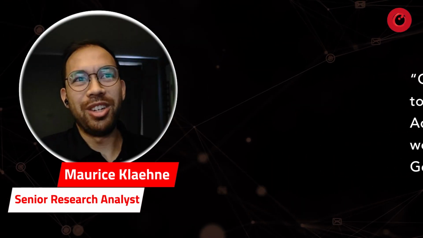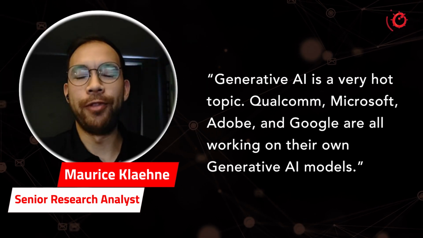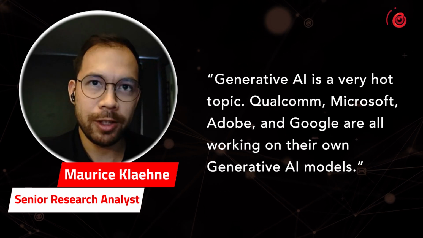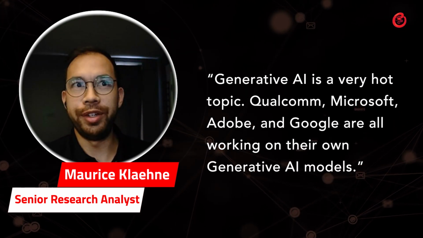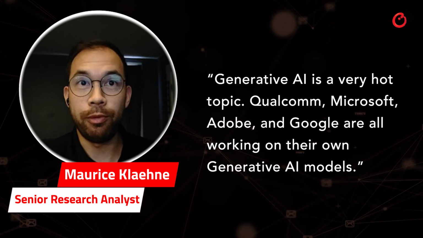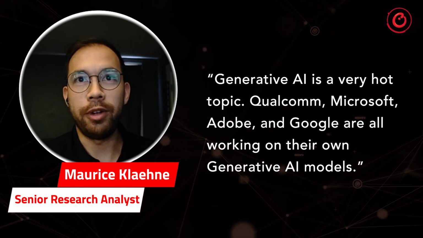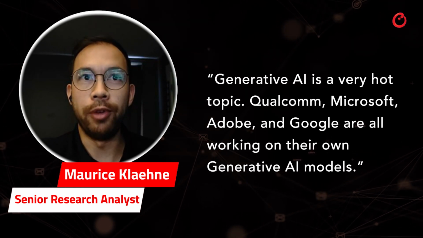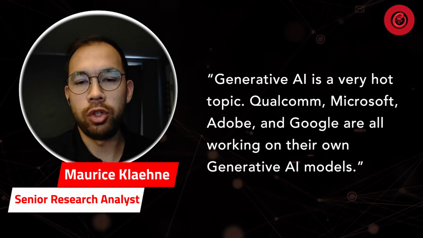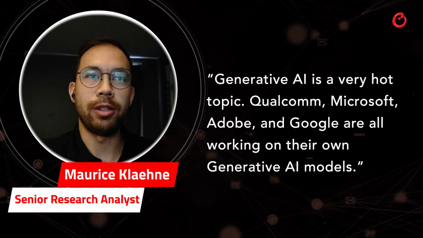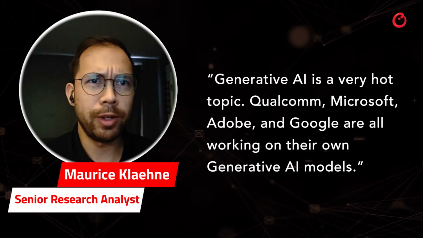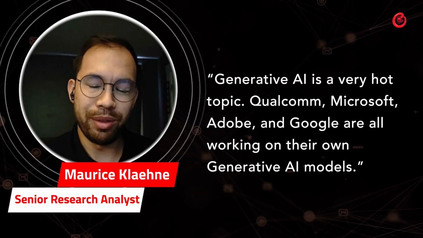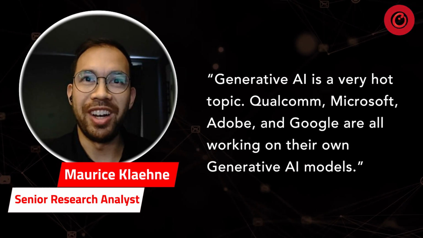Perfect. So let's get right into it. Generative AI has been a very hot topic over the last few months. At MWC, or Mobile World Congress, Qualcomm, for example, showcased an on-device generative AI solution called Stable Fusion that can generate an image offline based on text input. Another example is Adobe's generative fill in Photoshop, which can essentially generate or replace a background based on the image that you're working on. Another example is Google, which has its own generative AI model. And there are many other companies as well that are focusing on this really hot trend.